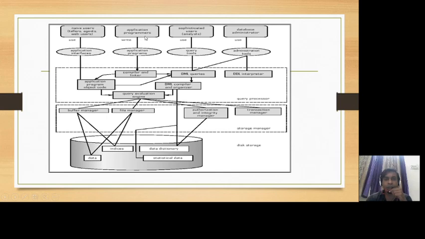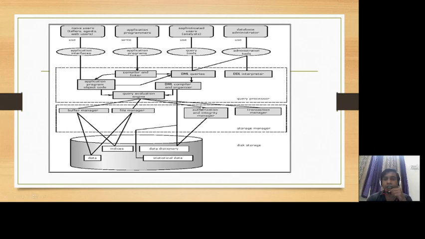The application programmers are programmers who write application programs for our database management system. Sophisticated users are users who use query tools for analysis of the databases. And the database administrator is a person who administers the overall tool or overall configuration of our database.